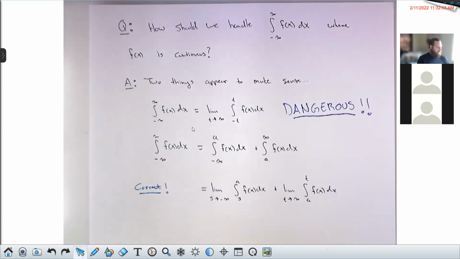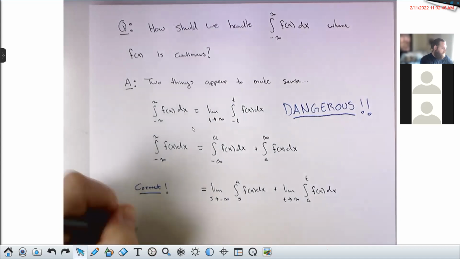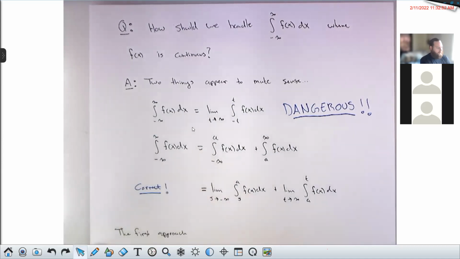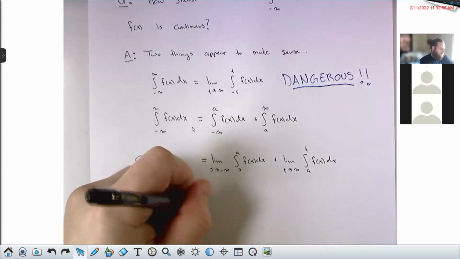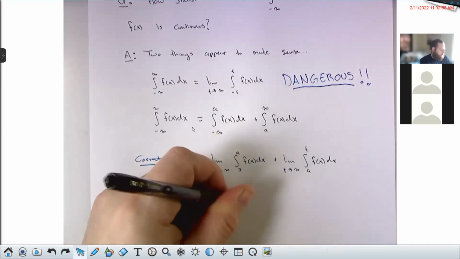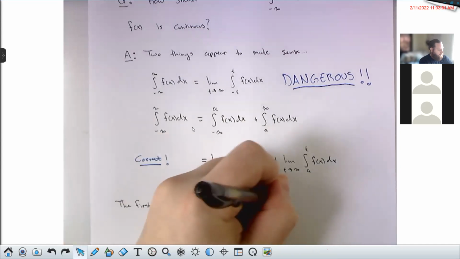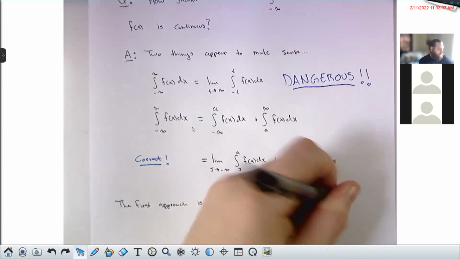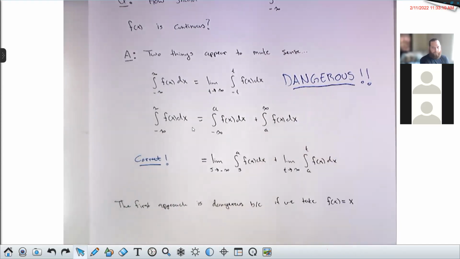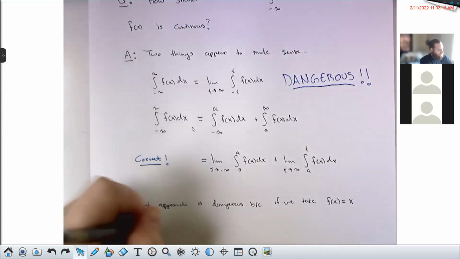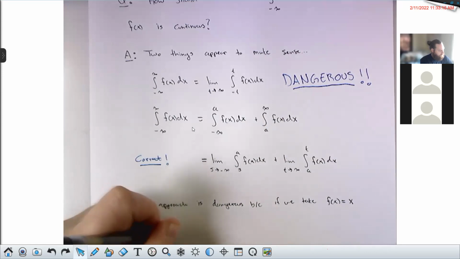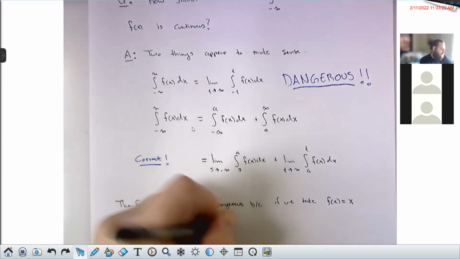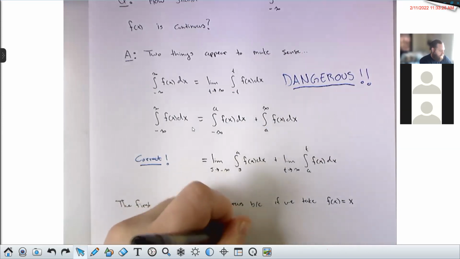So why is the first thing dangerous? The first approach, and this is problem 61 in section 7.8, is dangerous because if we take, let me just say f of x equals x, then the integral from negative infinity to infinity of x dx, we were saying we would write as the limit as t goes to infinity of the integral from negative t to t of x dx,